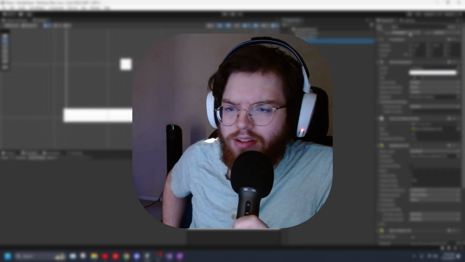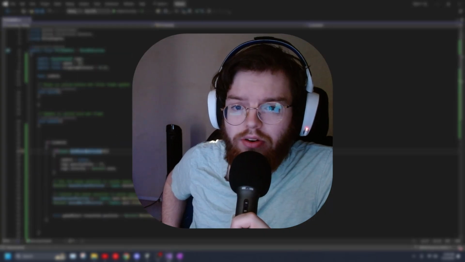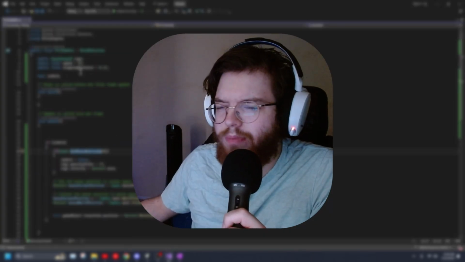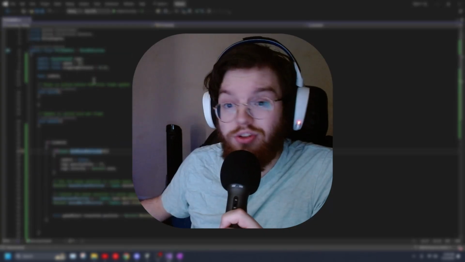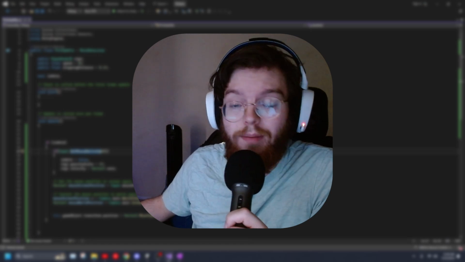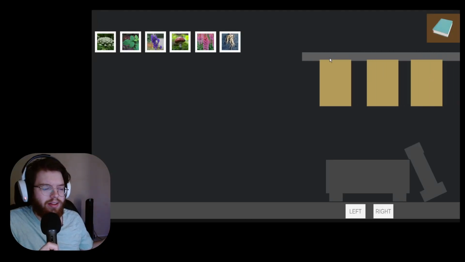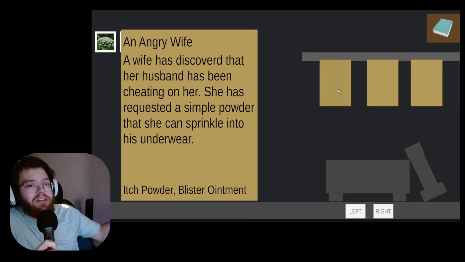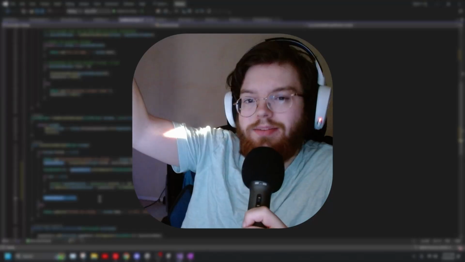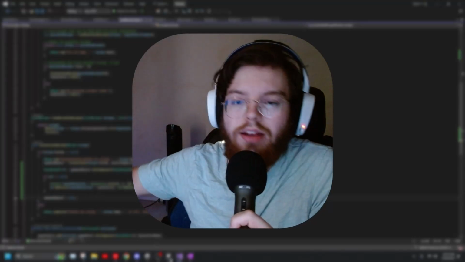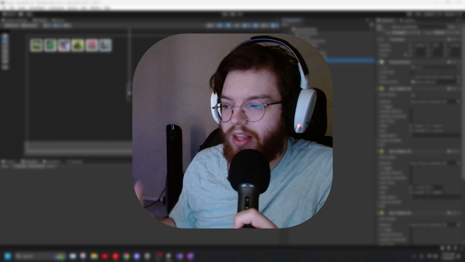So basically, I want a system where the player is given an order. Someone in the city needs a specific potion or poison, and it's your job to make that for them. The player right now has an order rack that they can click on. It slides out. There's going to be 3 different orders that the player can pick from. It has some subtext of why they need it, and once the player reads the order, they'll be like, oh,